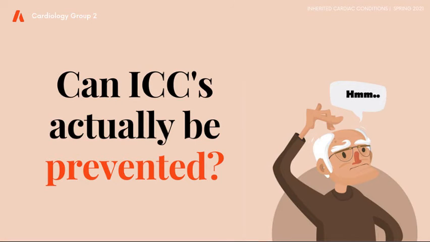With all that we've learned and discussed within this presentation, the question still remains, can inherited cardiac conditions actually be prevented? Unfortunately, there is no straight answer, but what researchers have found is that in order to reduce your risk of heart disease, it is imperative to live a healthy lifestyle by maintaining a healthy diet, being physically active, reducing intake of alcoholic beverages, reducing or completely stopping smoking, and controlling your blood pressure. These, amongst other healthy lifestyle habits, are known to reduce the risk of certain cardiac conditions.